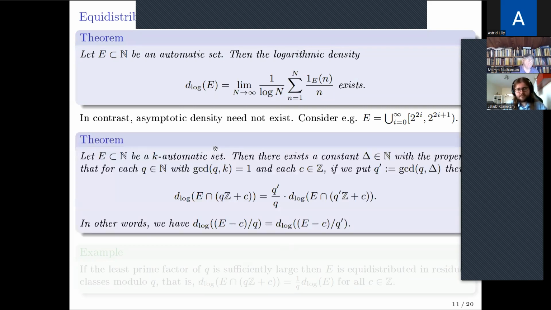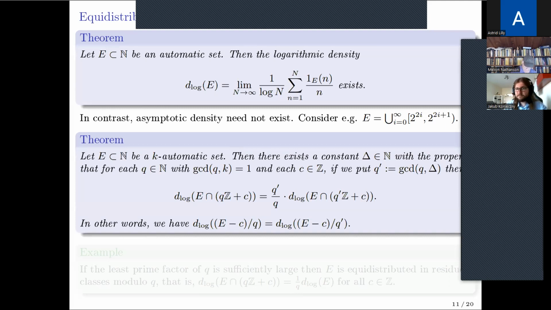And we are going to also exploit a certain equidistribution statement, which is, I think, quite folklore, but we weren't able to really find it anywhere in the literature, so we just proved it from scratch. It asserts, roughly speaking, that there's some maximal period delta such that an automatic set can exhibit delta periodic behavior, but other than that, it's nicely distributed in residue classes.